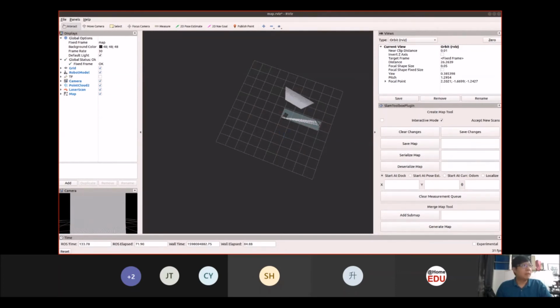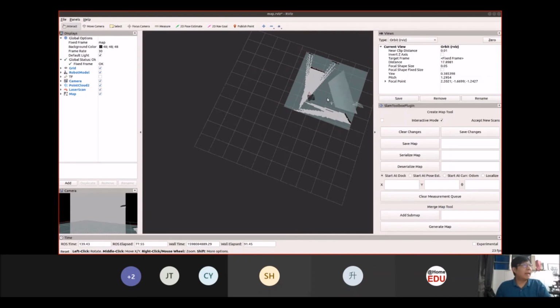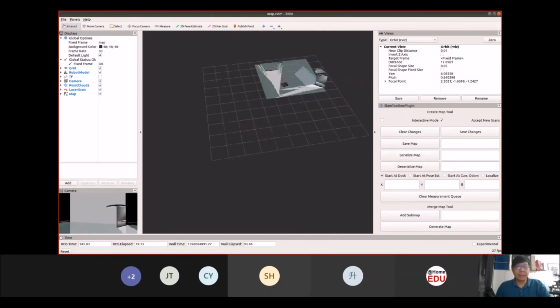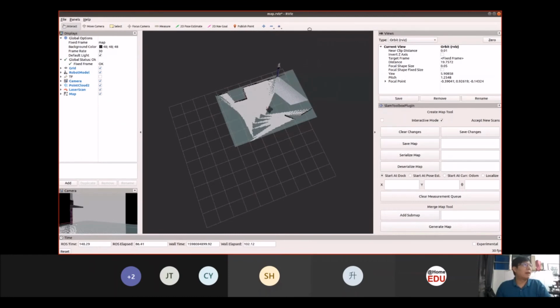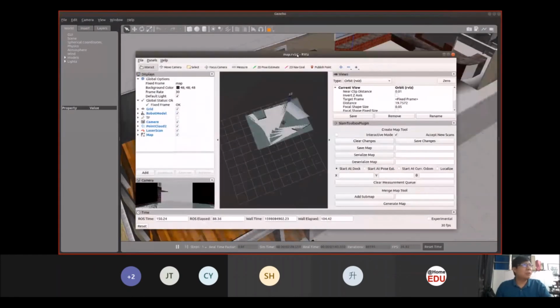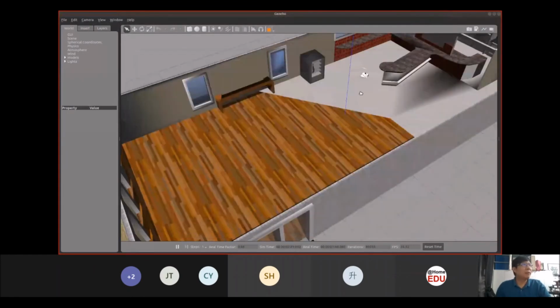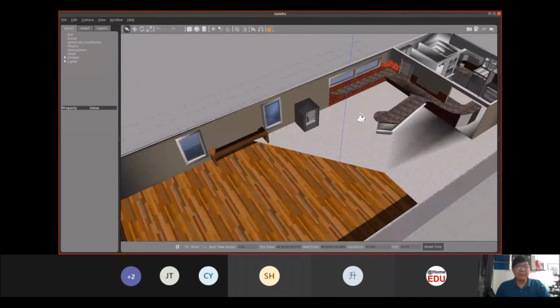Oops, driving too fast. You can see that in the view itself, I can see the environment, the depth measurement for the environment, and when I'm driving around, I'm able to build the map of the surroundings. You can drive it by looking at RViz, or drive it looking at the real environment itself.